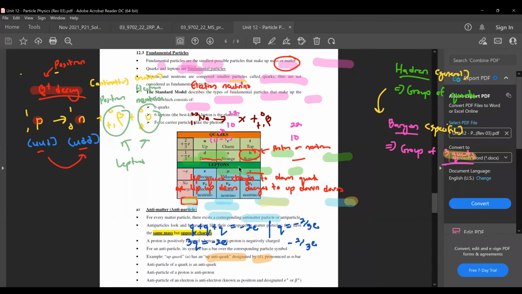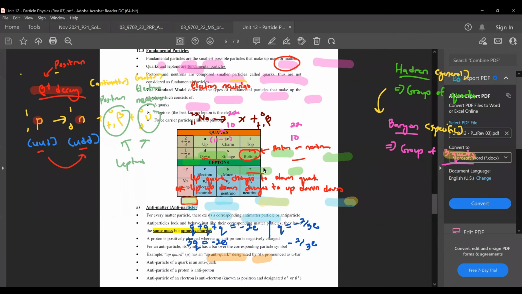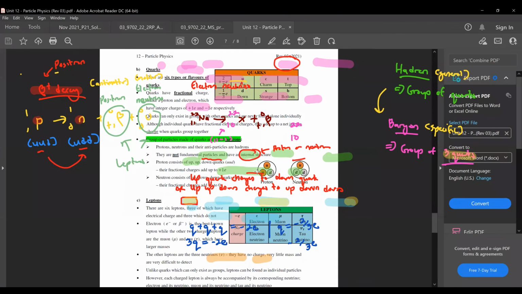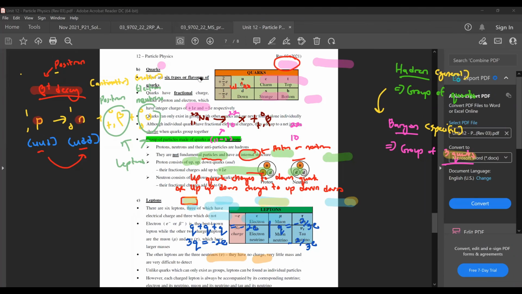If you look at the top part here, the table is telling you the 6 types of quarks that you have. Up, charm, top would have a charge of +2/3e. But your charge right now is not +2/3e. Your charge is